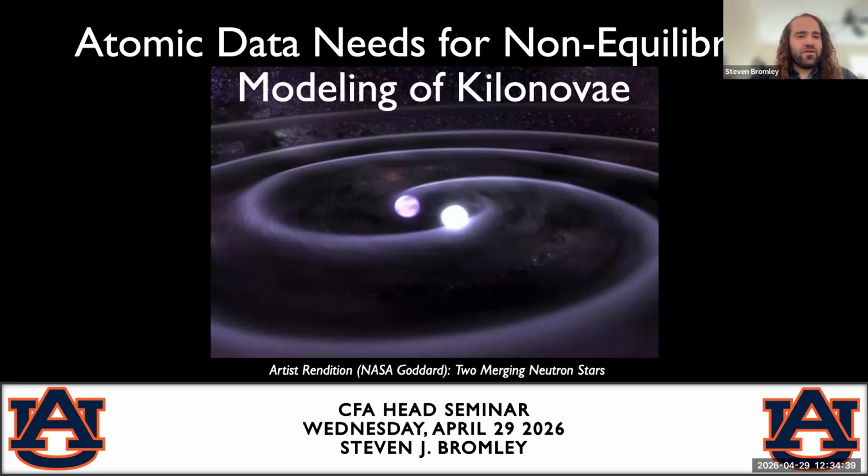So, what I wanted to talk about today is maybe a bit exotic for some of the audience, but I think is a really interesting topic. These kilonovae are the sort of electromagnetic transients that result from a neutron star merger. And while they're quite astrophysically interesting, under the hood, they are sort of an atomic physics playground. So, what I'd like to do is give a big picture overview of the atomic physics side of these events and the atomic physics you might need to consider as they evolve in time.